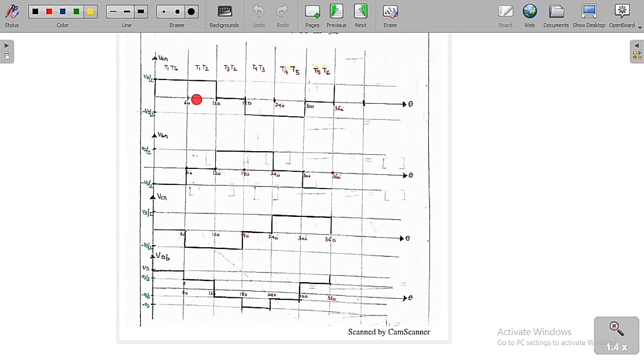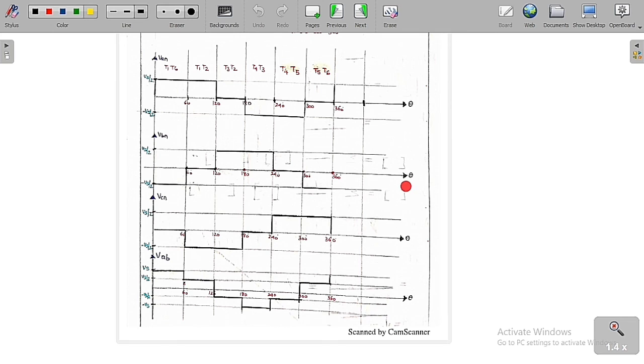So simply I can say this is Vs by 2, Vs by 2, 0, minus Vs by 2, minus Vs by 2, 0. This is the way you need to remember for every 60 degree. So these are the stepped phase voltage waveforms, whereas if you want VAB, just go for the subtraction of VAN minus VBN, then you are going to get this stepped square waveform. If you want to find the peak to peak voltage of the phase voltages,